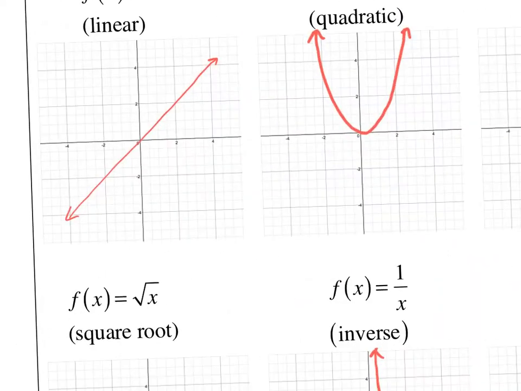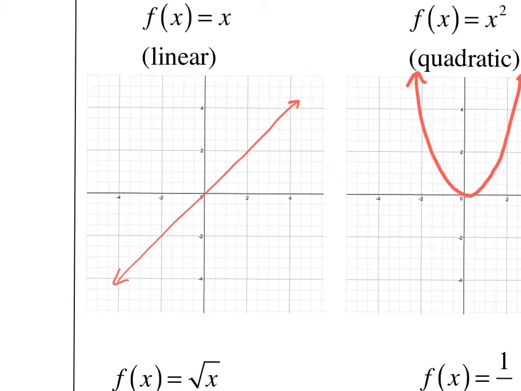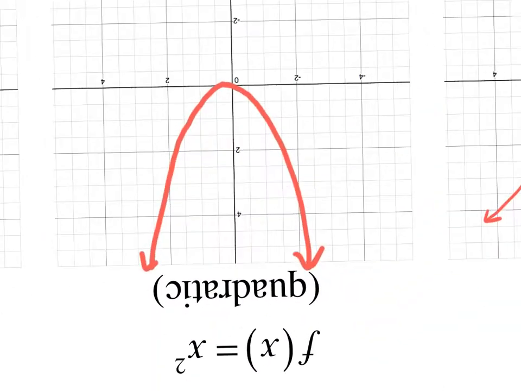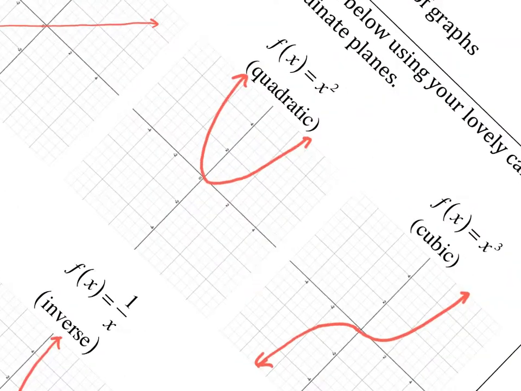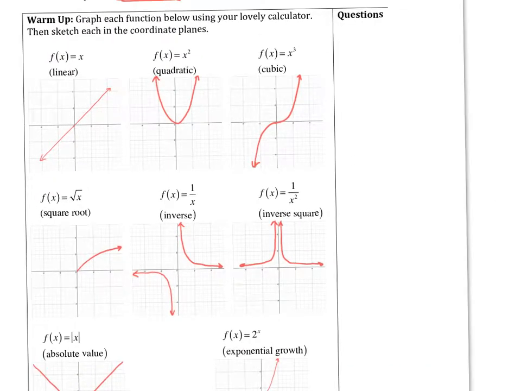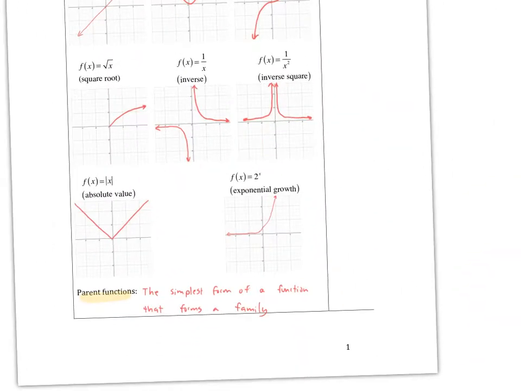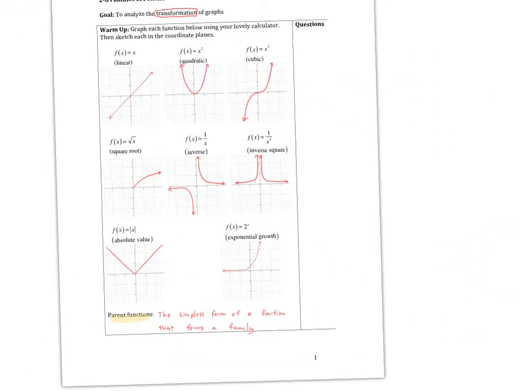Anytime you have something that's a straight line, then it's part of this family. Anytime you have a curve that is this way or this way, then that's going to be part of this family. So each one of these is the parent because it's the simplest form of this shape when you graph it. And the function itself is the simplest form. There's nothing multiplying it, there's nothing dividing it, there's nothing adding it, there's nothing adding inside. All it is just a number squared, and that's it. So parent functions, each one of these are very common parent functions, and each one of these will create a family of lots of little